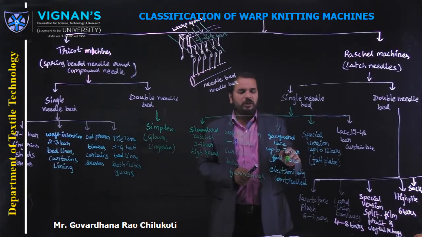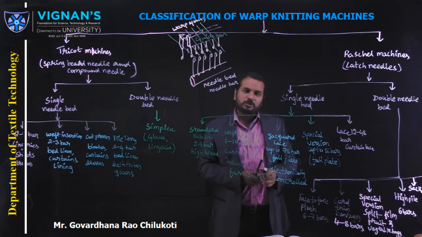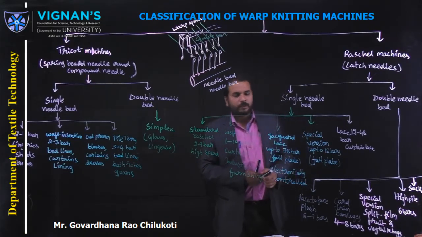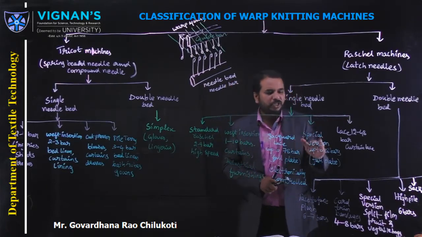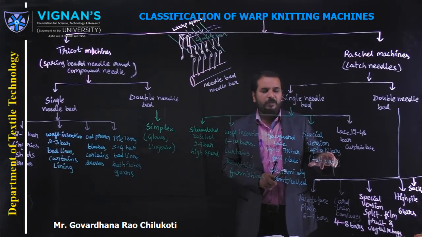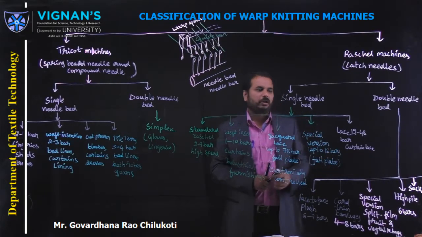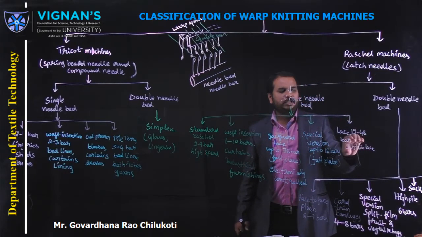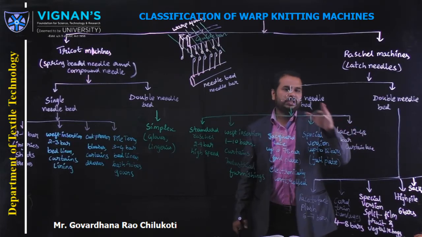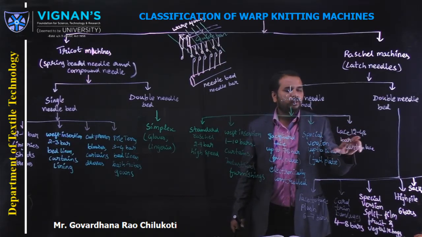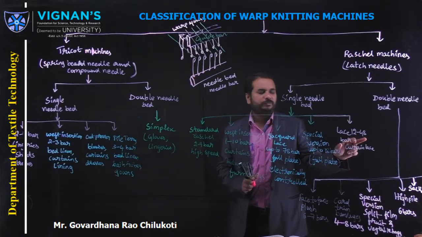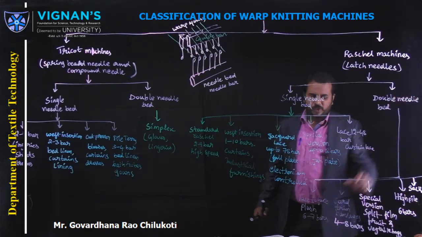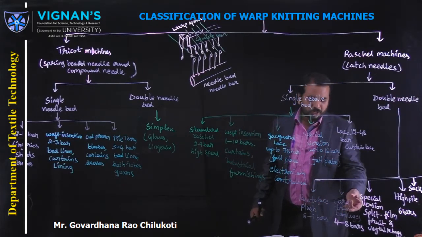This technology can also be called fall plate, and it can also be used in this category, which is electronically controlled. The next one is a special version, where up to 18 guide bars can be used with the fall plate technology to produce laces and all. The curtain laces and all we can produce by using the single needle bed with the lace machine with 12 to 48 guide bars. Okay, curtain laces.